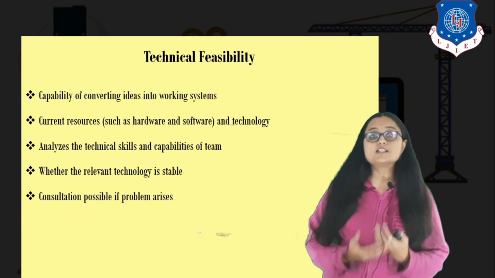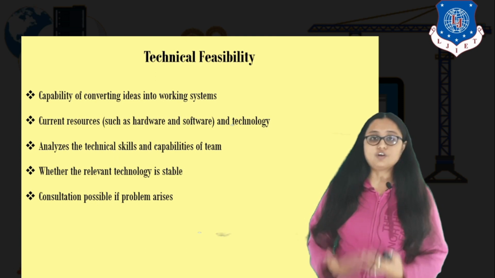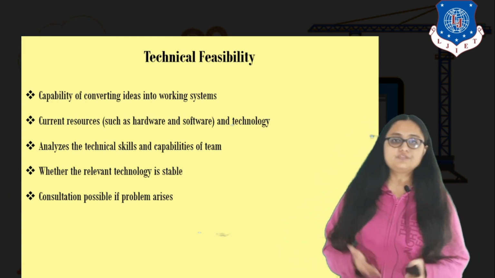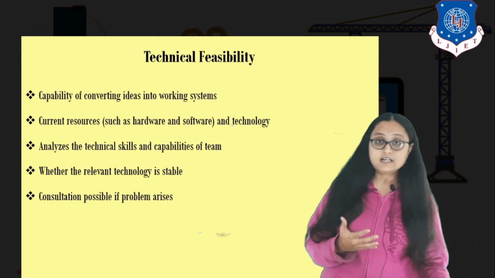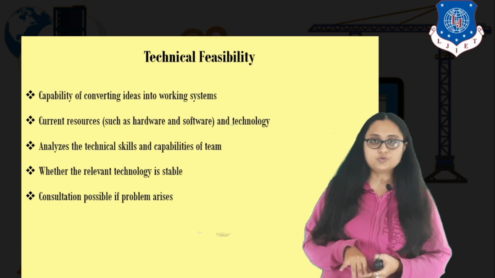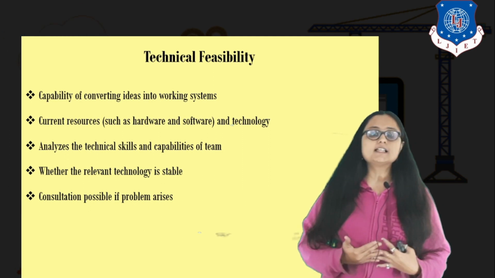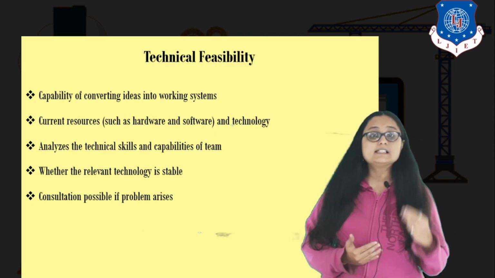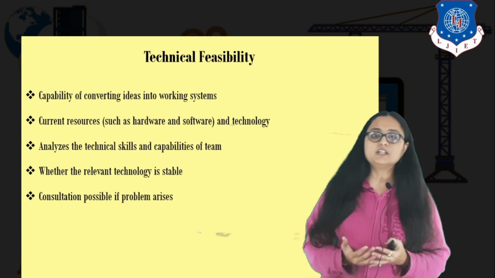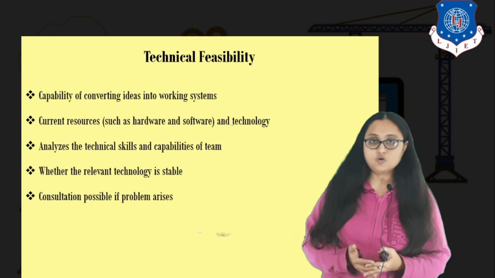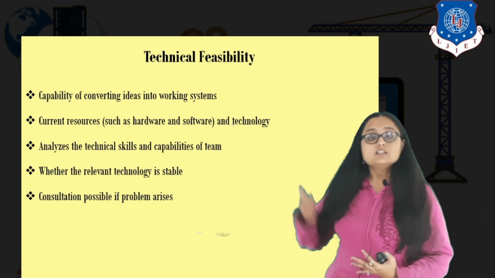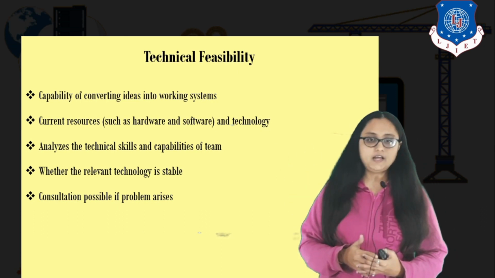Technical feasibility consists of the technology that you are using, that is the software. It also consists of the technical hardware. If there is an embedded project, the technicality of the hardware as well as the software, and the integration, is it possible between that hardware and the software that you are going to implement? That is also considered inside technical feasibility. It also analyzes the technical skills of your team. It is possible that your team is not technically very sound, so they lack the capability of developing the system which you are thinking to develop. Then there is a problem in technical feasibility.